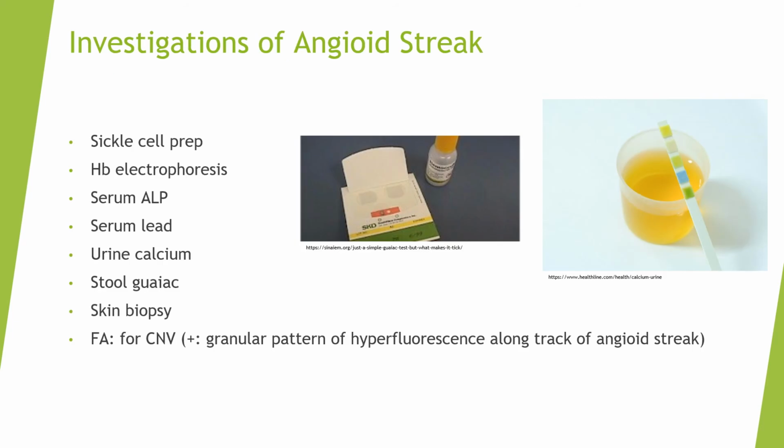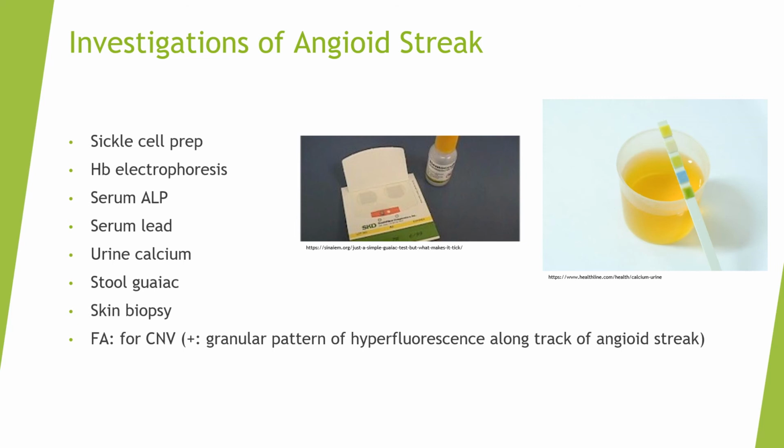Investigations related to the angioid streak include the sickle cell preparation and hemoglobin electrophoresis, looking into the serum ALP and lead for any blood abnormalities, and urine calcium for Paget's. Also check the stool guaiac and take a skin biopsy,